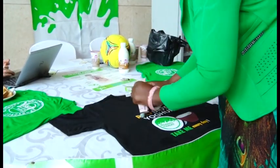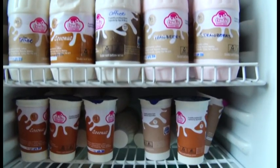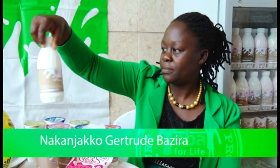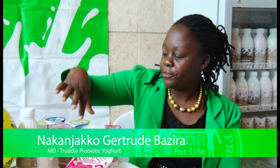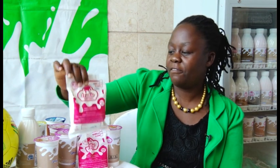In Wakiso district, which is so close to the capital Kampala, here you'll find many types of flavors, including coffee and coconut. Like we have 500 mils. This is a 500 ml bottle. We have 250 ml. This is also for class. And then we have this 250 ml Cavera, but at a relatively cheap price, so that each one of